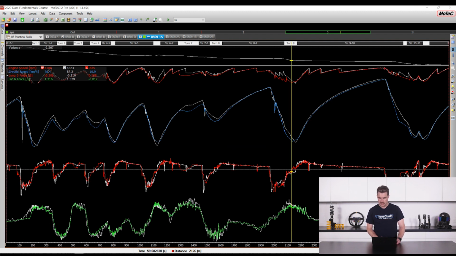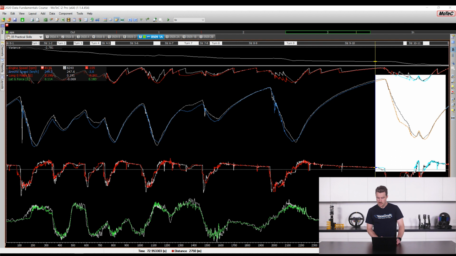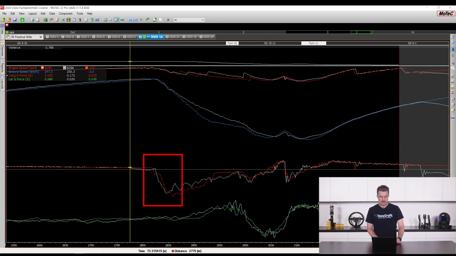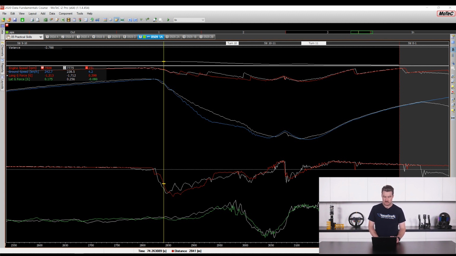So if we just zoom back out again, I just want to go to the final portion of the lap and look at this. And what we actually see here in this case is the amateur braking with more pressure than the pro. So this is a case where the amateur is overslowing the car, where you don't need to be overslowing the car as much, and as a result we can see how much more speed the pro is carrying into this section of corners here.